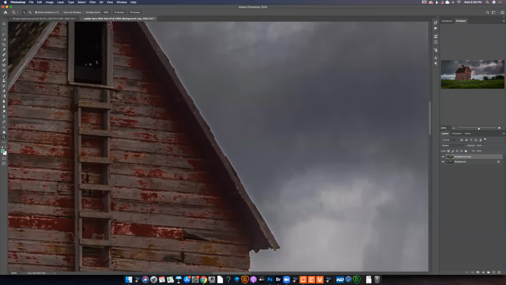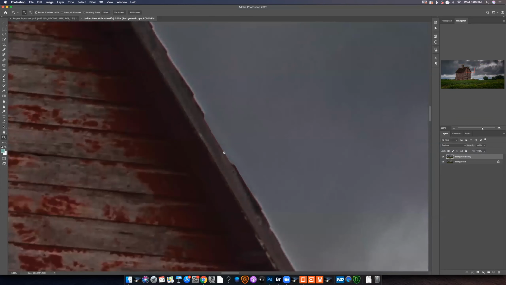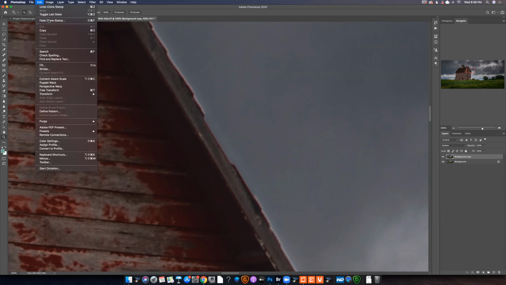go to my clone stamp and I change it to 100%, you might see some odd lines because it is so light and dark. So I'm going to show you that. Okay, so it's kind of hard to see. I'm going to zoom in a little bit, but you can kind of see where there's an edge here that shouldn't be. So once I do my clone stamp, then I can come up here to fade clone stamp,